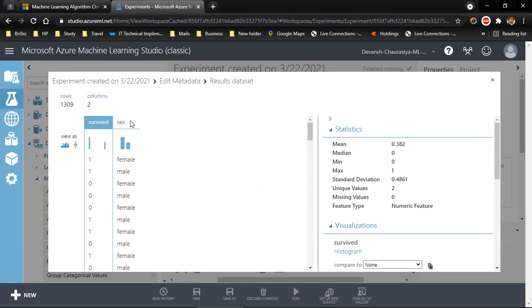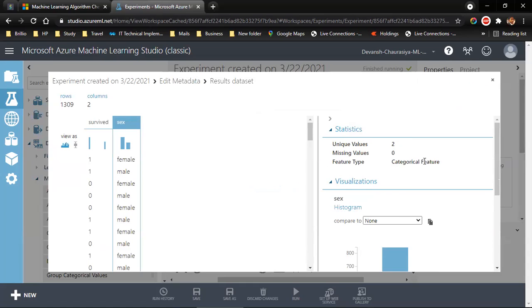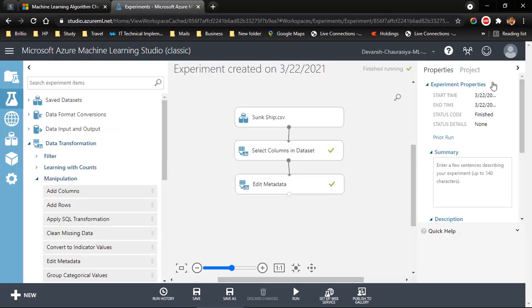Survived, it shows numeric. Gender, now it shows categorical. Cool. Now once this is done, I have my entire data, or the sample data, in the right format. What I have to do is split this data into two parts. One part we will use to train our machine learning model. The second part we will use to test whether our model is functioning